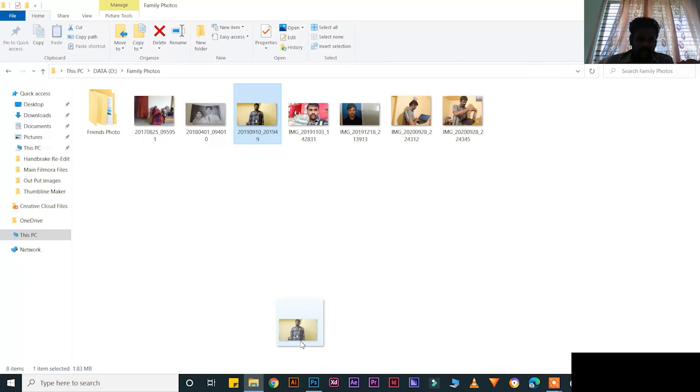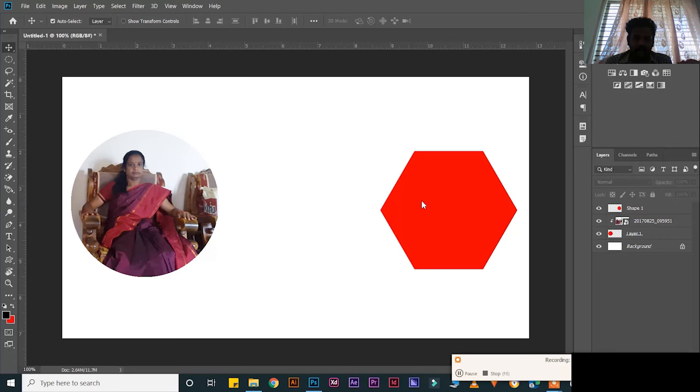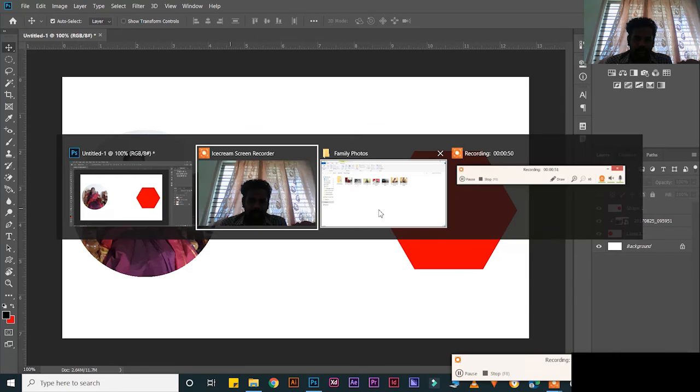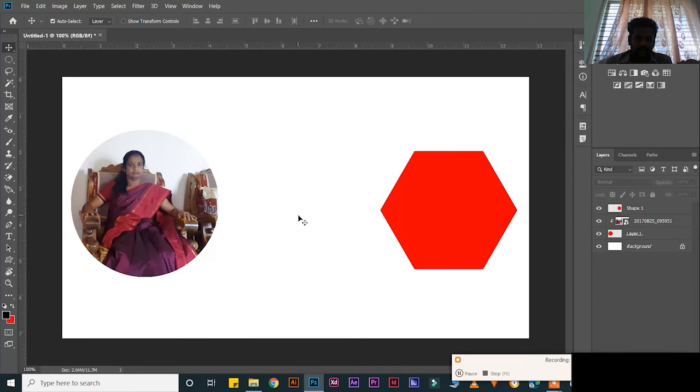Delete this one. Press Alt Tab. You can press it like this, Alt Tab, and you can switch from here to here, from here to here, from here to here. You can switch like this. Tab,